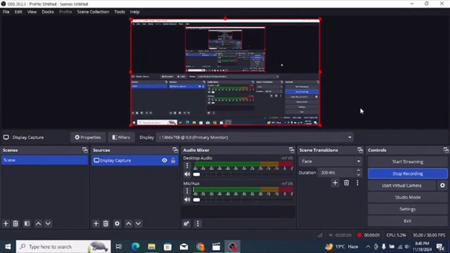Hello guys, so in this video we are going to learn how to install the video recording software, which is OBS. As you can see here, the name of the software is OBS. So we're gonna start